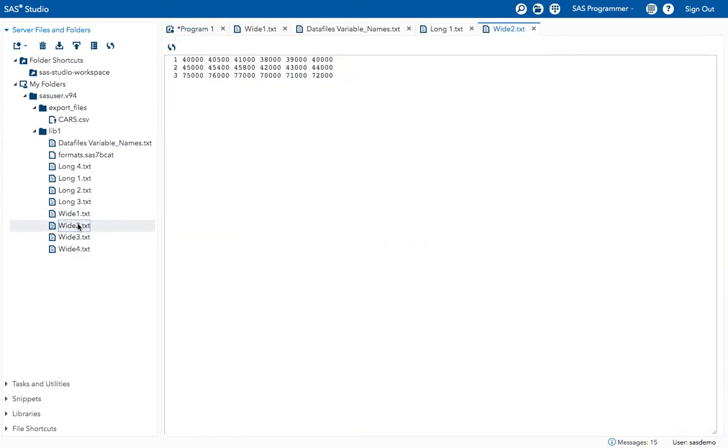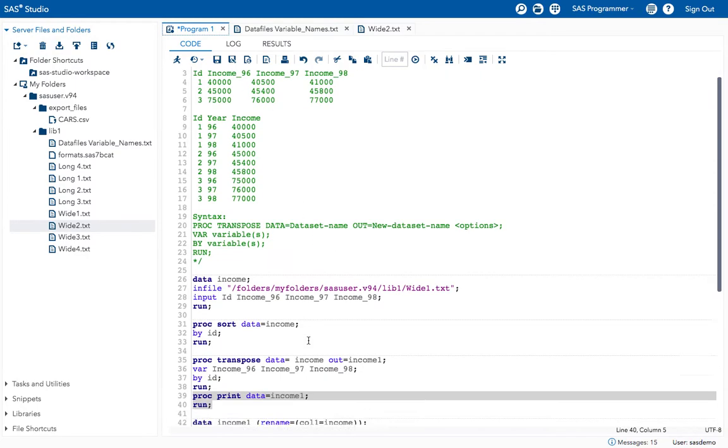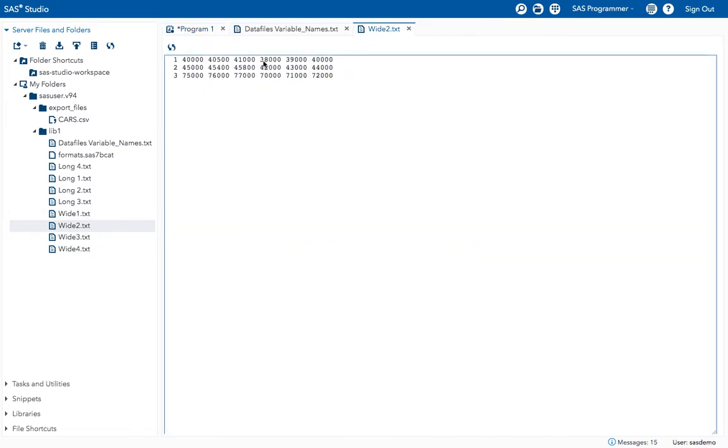Earlier in this case we had only one variable; we converted these three variables to one variable value. Now I want to convert these values into two variable values. How can I do that? For that I am taking another example here.